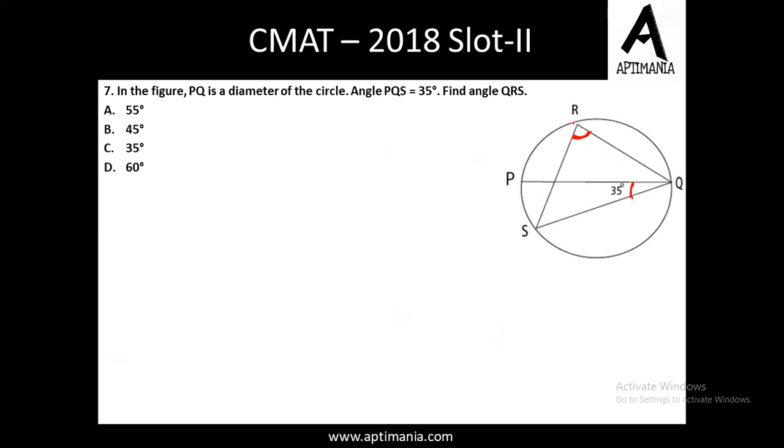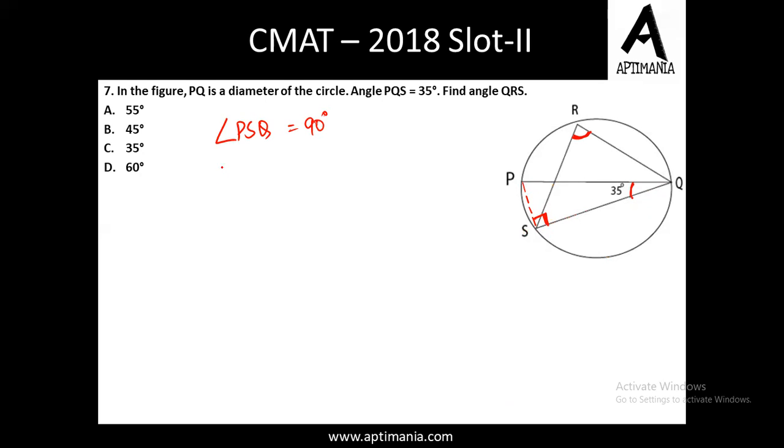So before calculating this angle, we can use the property of PQ being the diameter. There is a slight construction required in this case. I am joining PS. On joining PS, since PQ is the diameter, angle PSQ is an angle in a semicircle, which is 90 degrees. The property of a circle states that any angle in a semicircle is always a right angle.